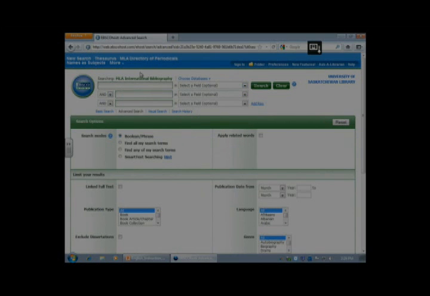What I want to do is just work the database for a few minutes. So we'll do some searching and we'll see if our limits here, our search limits, it says limit your results, we'll see if those are working for us. And again, for me, it's about efficiency and speed and positive access to these research materials. How can I find it quickly and how can I find quality materials? So again,